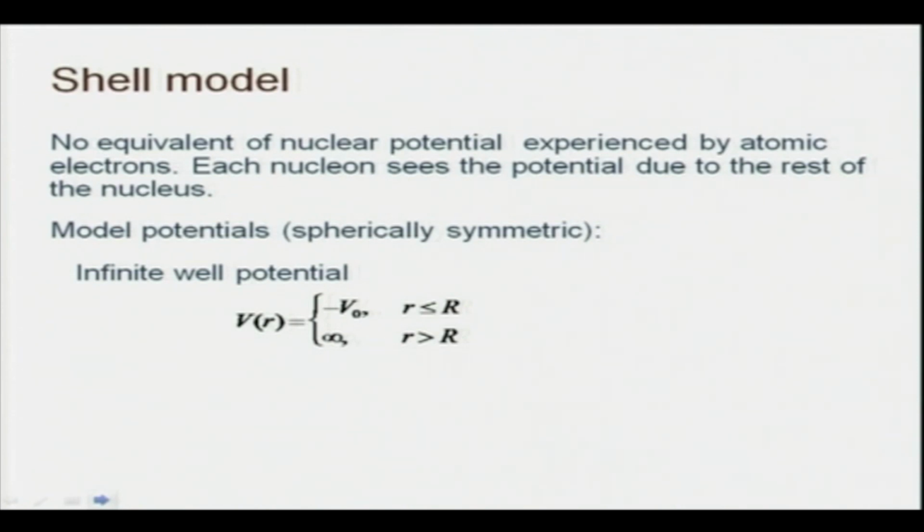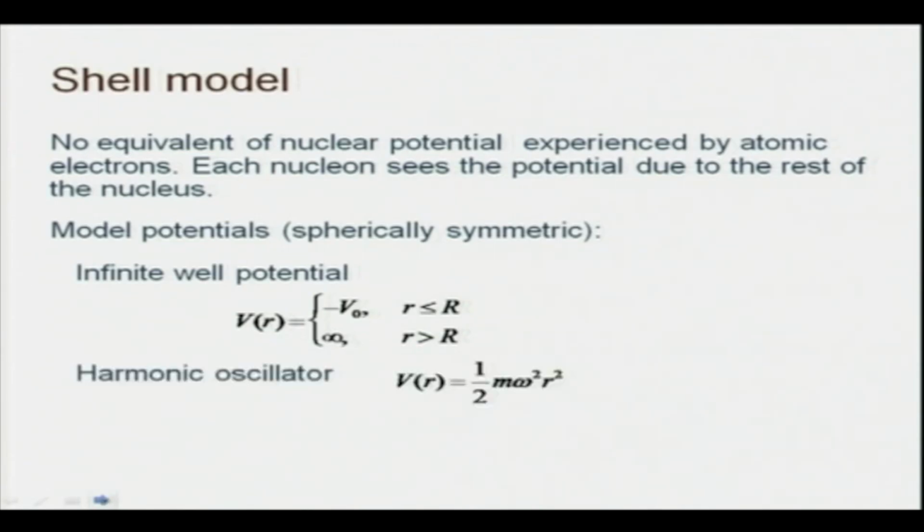And beyond that, it is infinite. It is an infinite well kind of potential, and positive, so it is not attractive beyond that. This is certainly a toy potential that you can consider, and you can work out the energy spectrum,